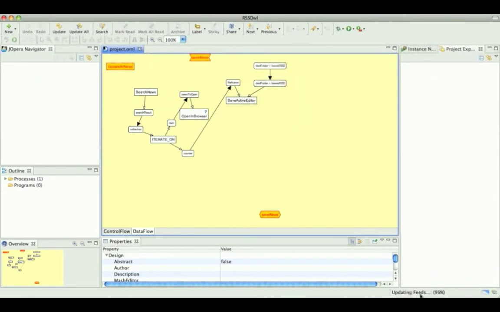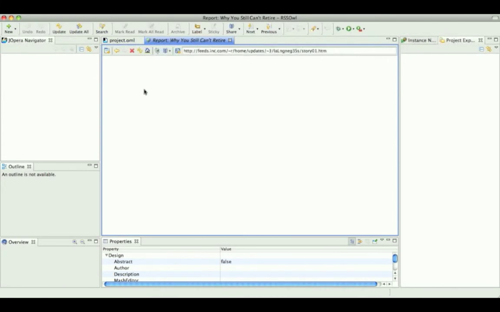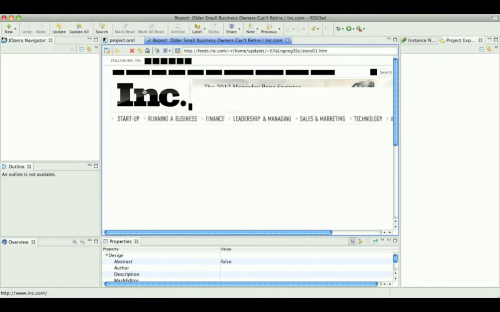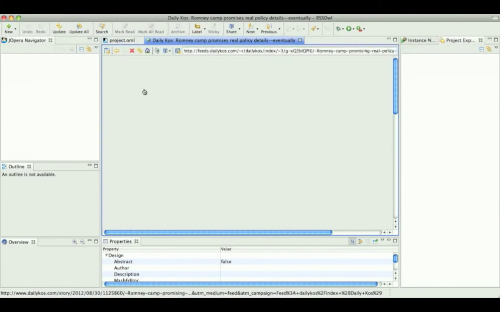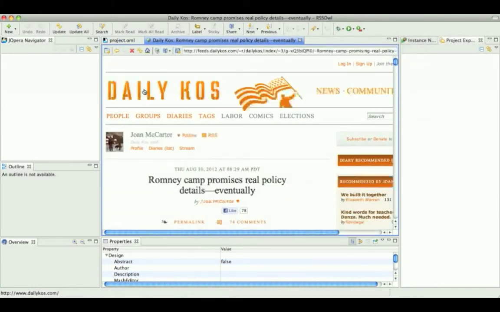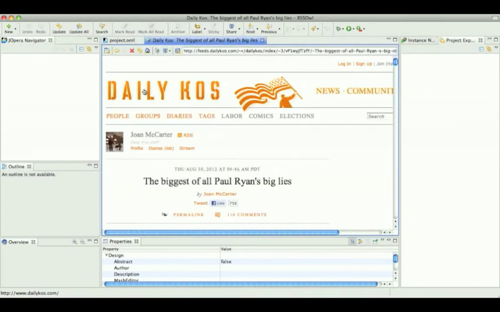We can see that the feeds are updated. Then the system looks for news, and as you can see it opens the news in the browser. And then after the news is loaded, it saves the news. Now a new news is opened, and so on.